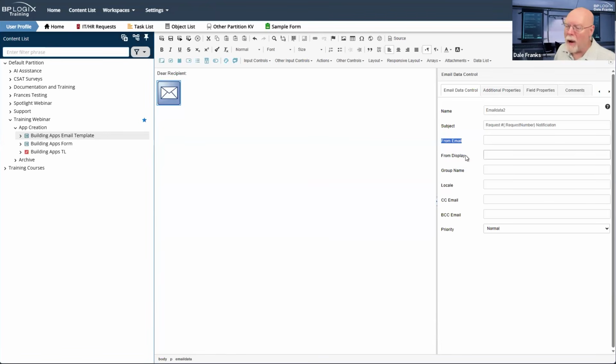I have a from email and a from display. These two get a little tricky because I have to set them up properly. Because I could have, well, I can only have one from email, so I guess it doesn't matter. If it was a to email, that would be problematic. But a from email, you can only have one. So forget what I said. I was thinking about having multiple from emails, but you would never have multiple from emails.